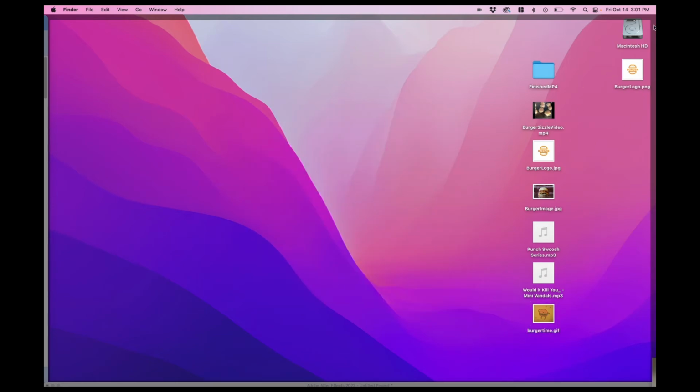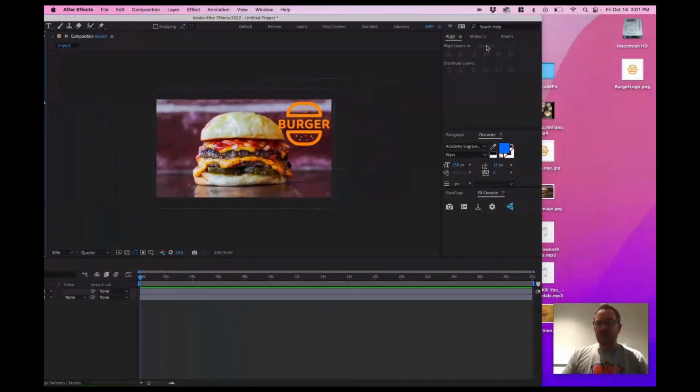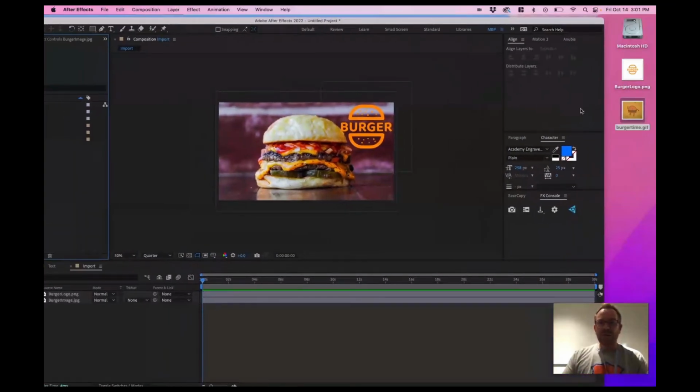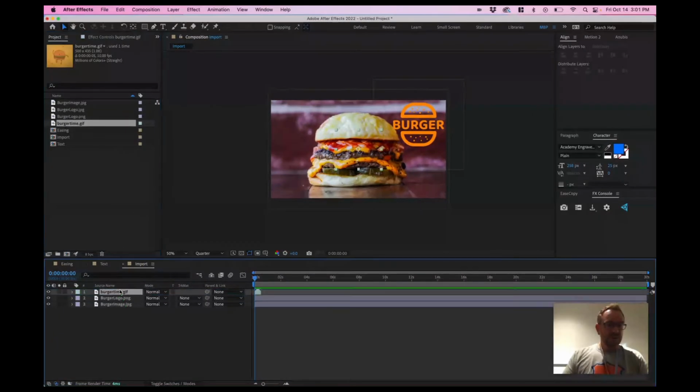And this time I'm going to drag and drop. So if I move my program over a little bit and have my GIF here, here's another way to import your work. If I can see it all, I can drag and drop right there, and it brings in my file. So I've shown you 3 ways to import. I'm just going to drag this right down here. And if you take a look,